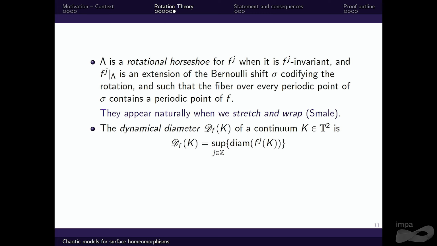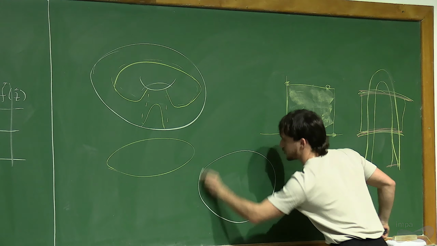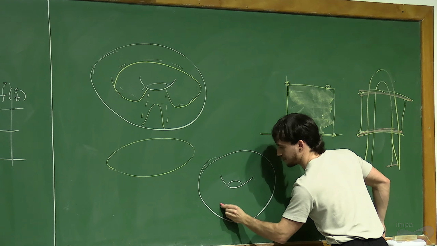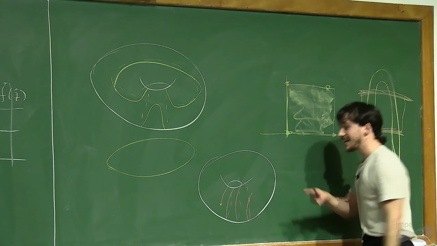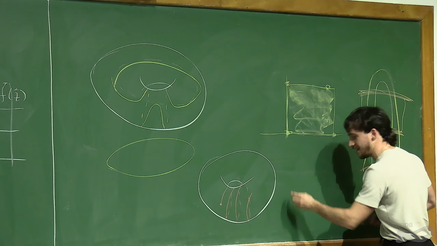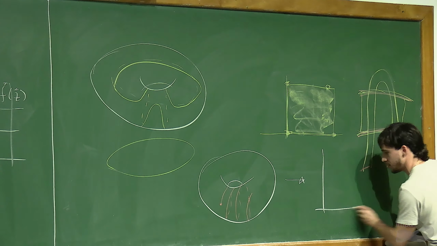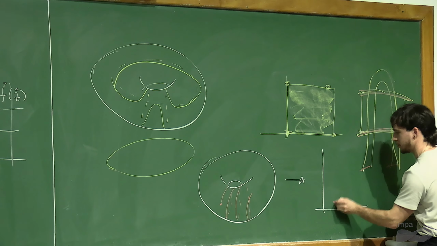So two quick things. The dynamical diameter of a continuum in the torus will be the supremum of the diameter of every iterate of its orbit. And let me clarify, I am measuring the diameter in the universal covering. So you take an inessential continuum, essentially contractible. So I have the torus, and if I have, for example, this guy, it is really long, because what I do is I lift. I go to the universal covering, and it will look like this, so long,